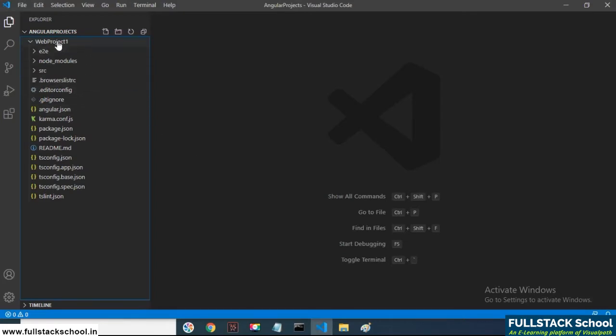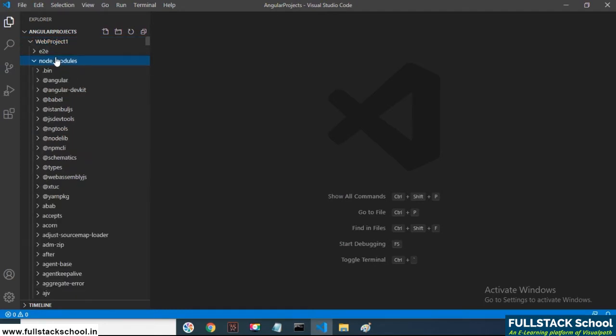Once you open the Visual Studio Code editor, it will have different types of files and folders. The node_modules is one of the dependency folders which contains the dependencies used to execute the Angular application.